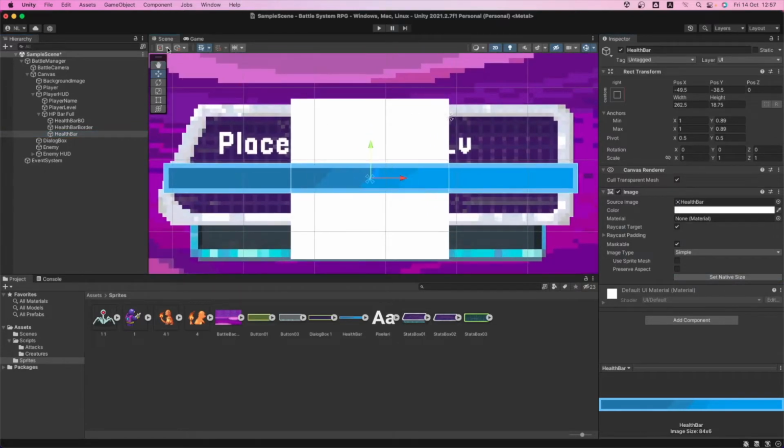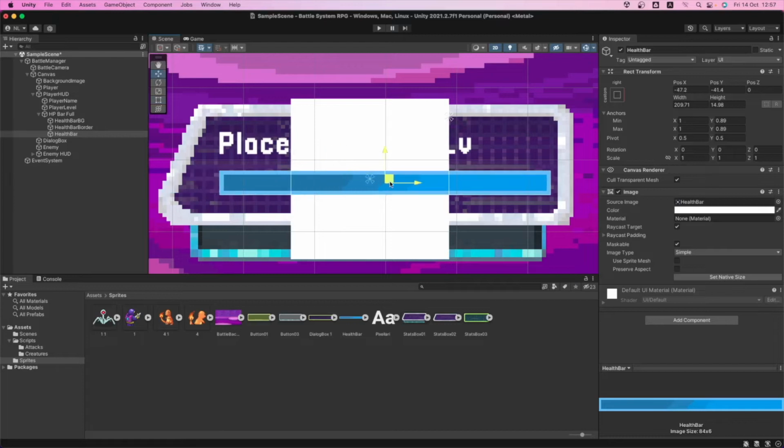Okay, so we're gonna scale it down a little bit, just a little bit, to put it inside the HUD, and let's hold shift. Okay, so let's move it to its right place, like around there. Okay, so let me scale it a bit like here, because remember, here we're gonna have the numbers for the health points that this creature has currently. Okay, so now great, we have that.